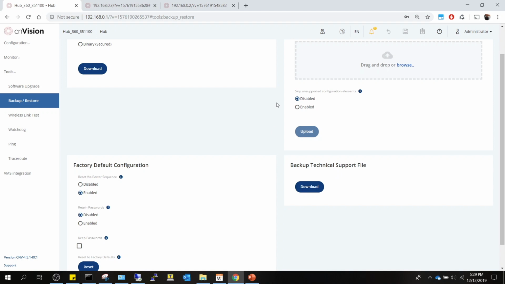Typically, if you come across some issue and you have a support ticket open with us, one of the first things that we generally ask is to send us the technical support file by coming to this particular option,